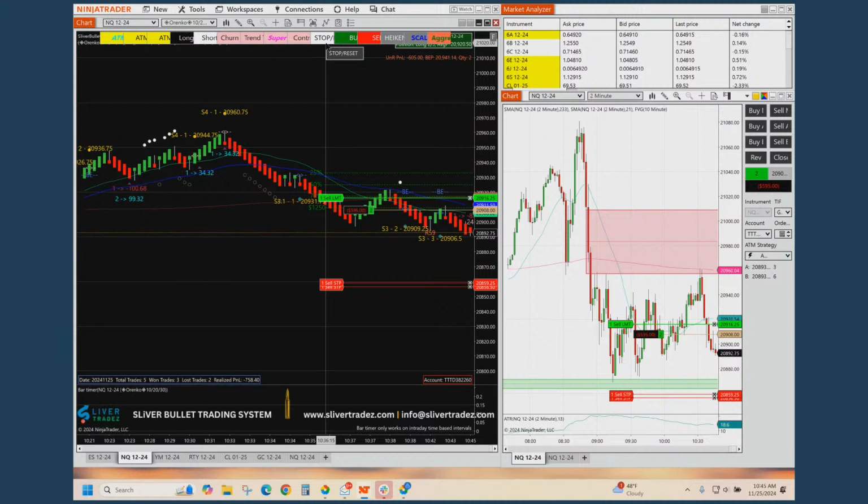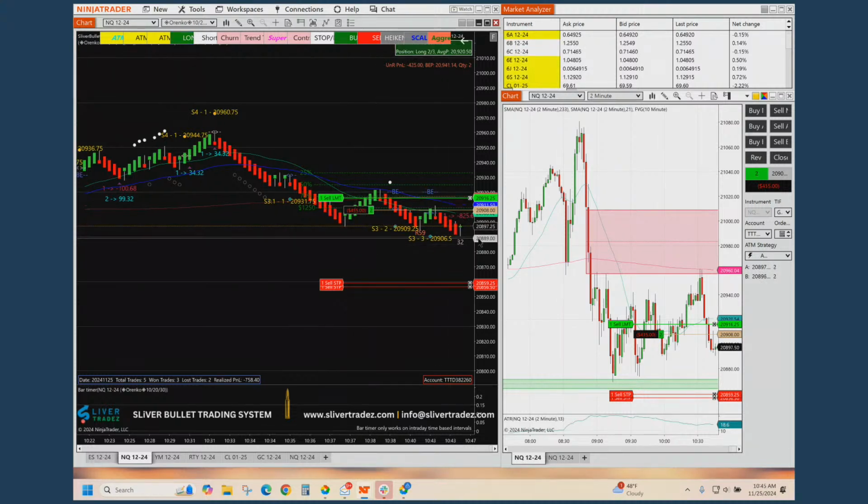Stop filled. Yeah, it got stopped. So I will turn this on again in case I get a favorable trade. So the first position got closed. So that's why it happened. 825.